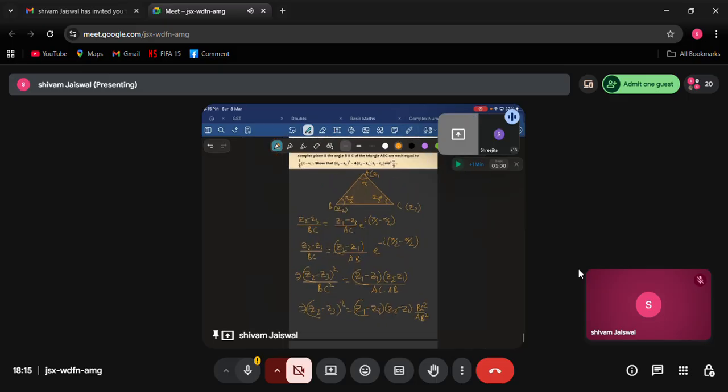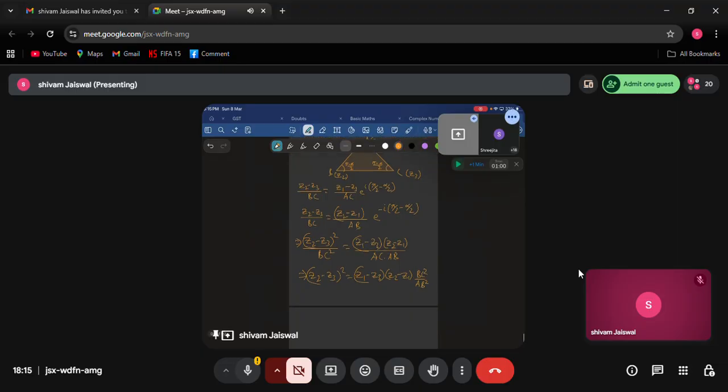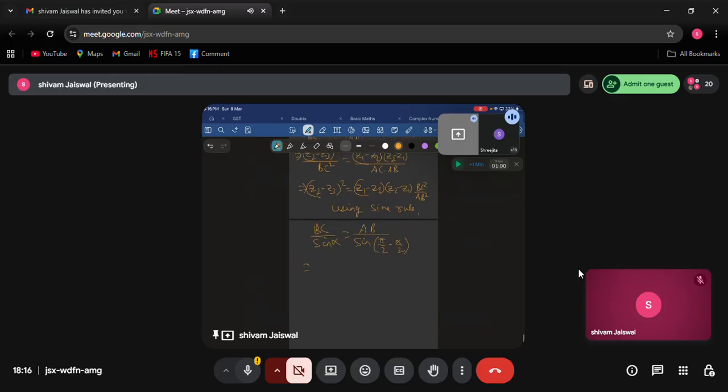Okay, let us see. In order to find out the relationship between BC and AB, I am going to use sine rule. Using sine rule, what are we getting? You will see that BC by sine alpha is equal to AB by sine of pi by 2 minus alpha by 2. Tell me, are you getting? So this implies BC by AB